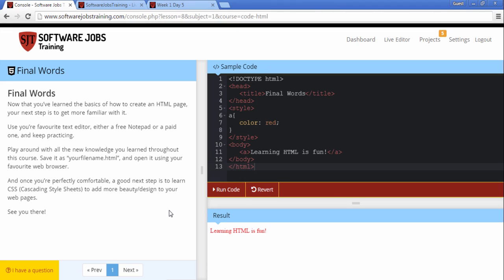So the final words are that so far we have seen how to create the HTML pages, and we have gone through the basics of styling. So you can actually apply the colors and the background colors. So it's time to head to your live editor, and you should create the files with your names, with your personal choices, and start to design the HTML and CSS pages. So in upcoming weeks we will see how to actually take them to a new level, how to design the pages, how to structure your web pages efficiently. So this will bring us to the